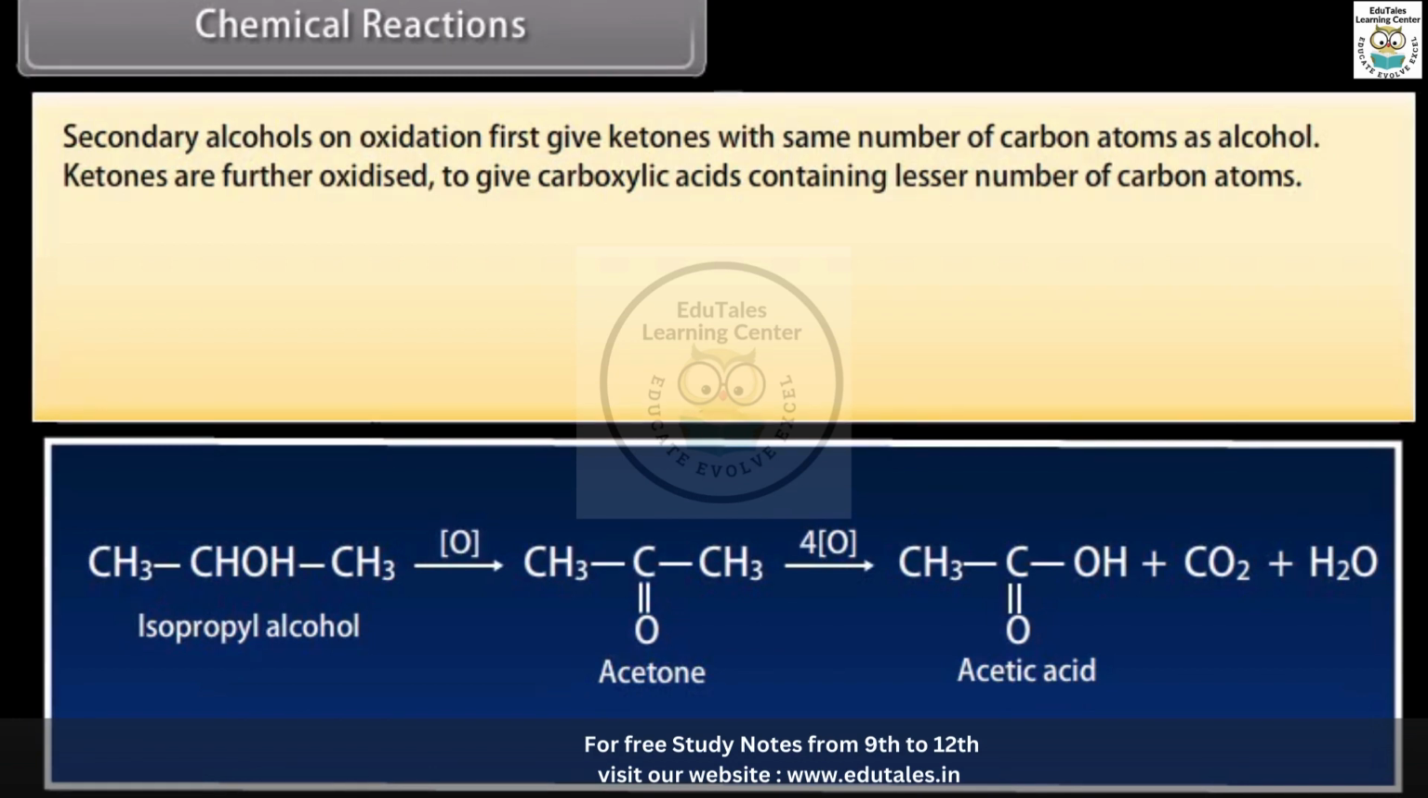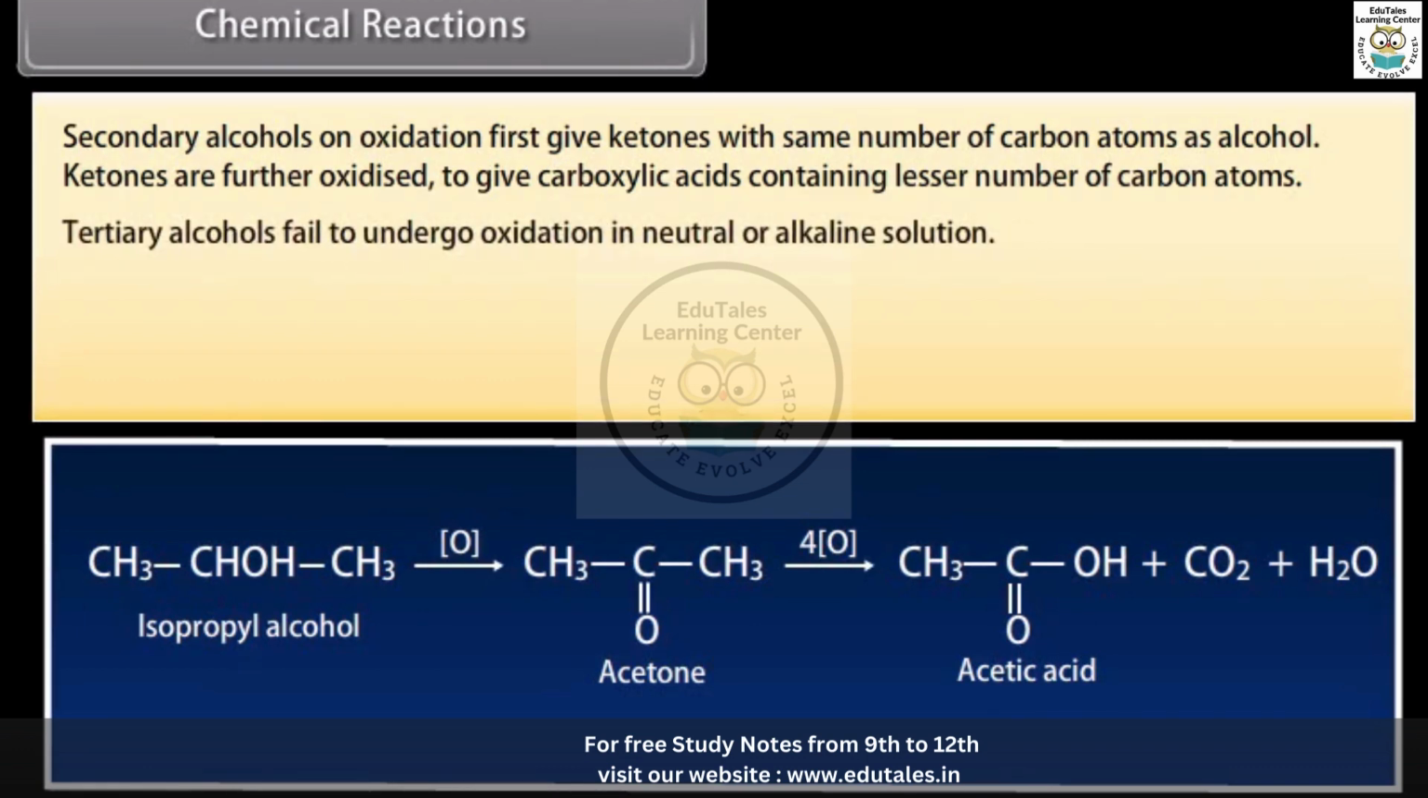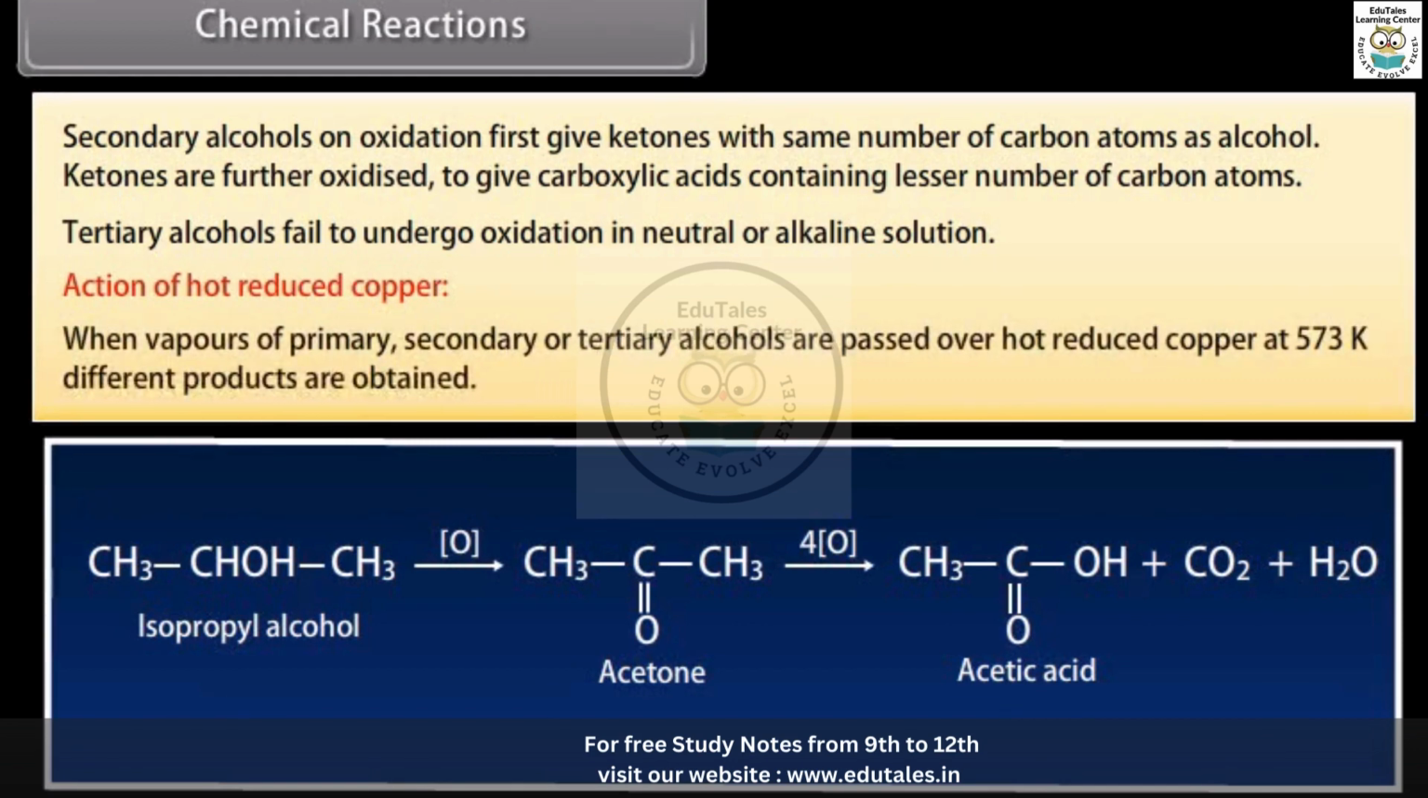Ketones are further oxidized to give carboxylic acids containing lesser number of carbon atoms. Tertiary alcohols fail to undergo oxidation in neutral or alkaline solution. Action of hot reduced copper. When vapors of primary, secondary or tertiary alcohols are passed over hot reduced copper at 573 Kelvin, different products are